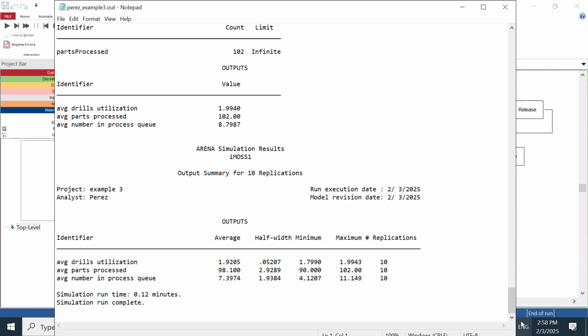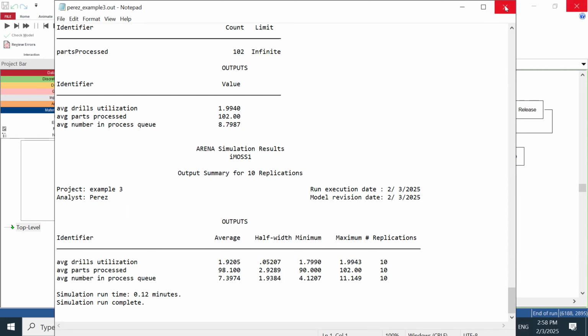If you look at the average drills utilization, that number is above 1, which is more than 100%, which is not correct, right? We want to make sure that the utilization is always stated in a bound from 0 to 100. In this case, from 0 to 1. And the reason that we're getting 1.92 is because we had 2 drills instead of 1. So we can fix that